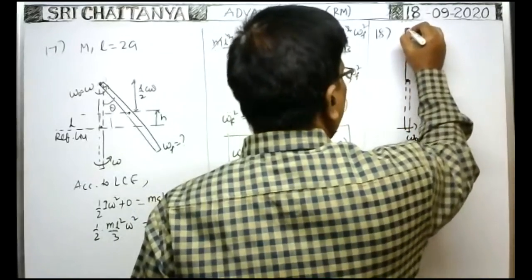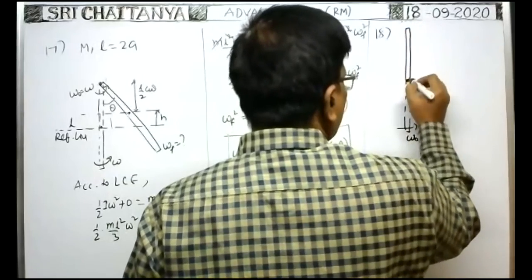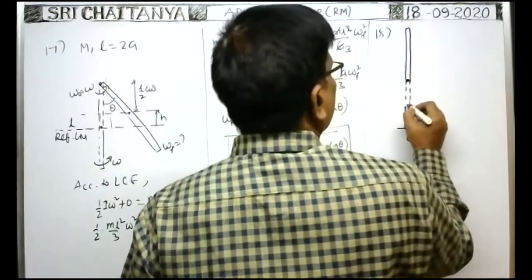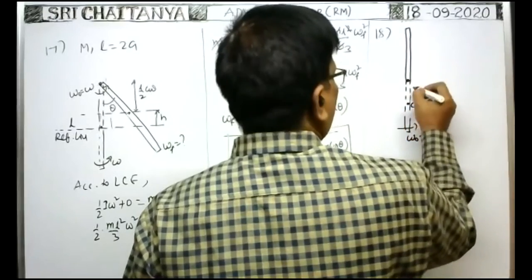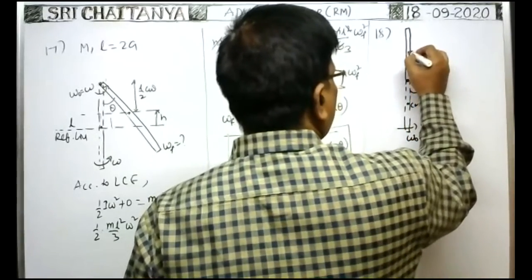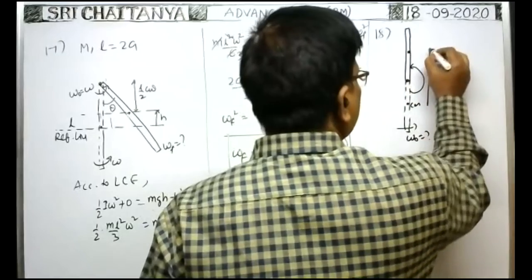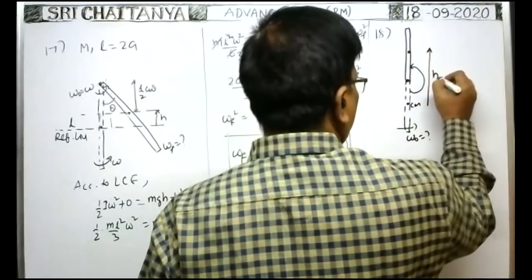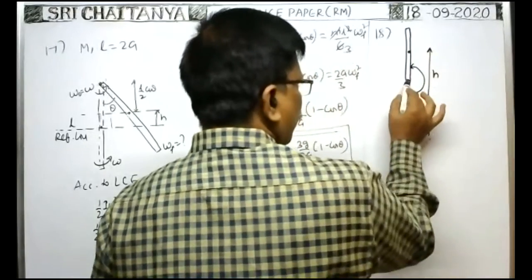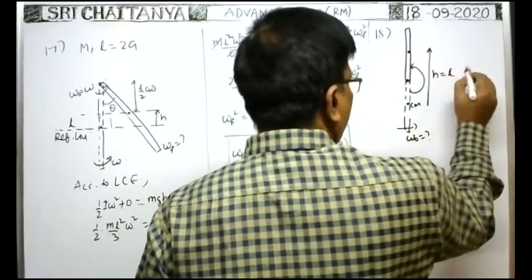Turns vertical means the rod must come to the vertical position like this, so that the initial center of mass is here. Now, whenever it turns like this, the center of mass comes to this position. So up to what distance the center of mass rises, this is the height up to which the center of mass rises. This is equal to L by 2, plus L by 2, that is equal to L.